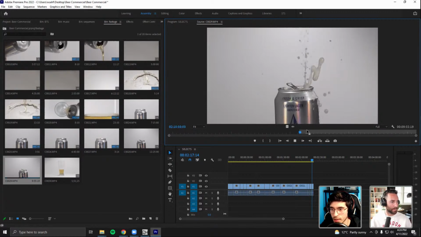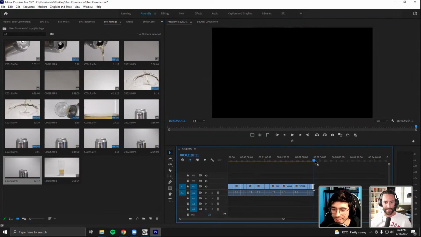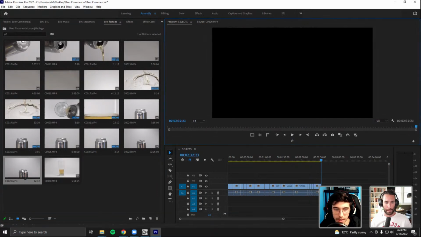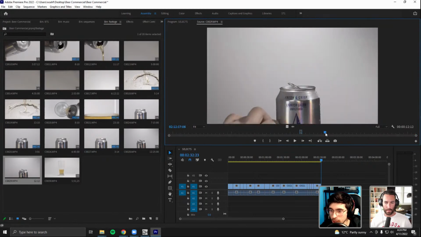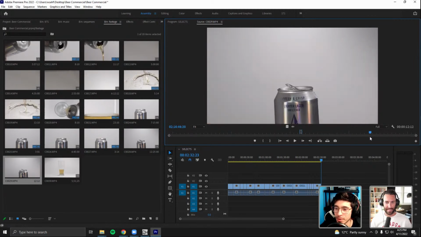Sounds great. Yeah, so here's this one. I don't know which one I like better, to be honest. It's kind of hard to decide. It almost looks like a geyser, like a beer geyser, just exploding, bubbling from the depths of your apartment. Yeah, exactly. All right. Where'd that go? Here it is. Yeah, because I redid this shot like a million times, and you can even see here my hand, my whole hand and arm is soaked, and my pants too. It got to the point where I was like, if I smell any more beer, I'm gonna puke.